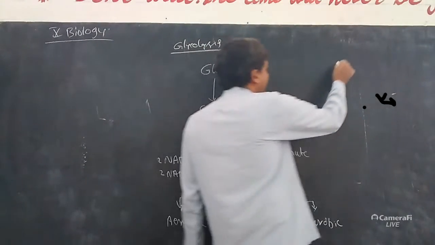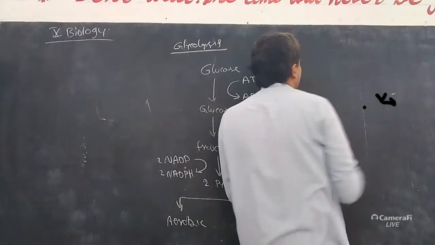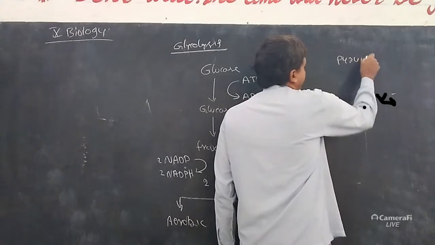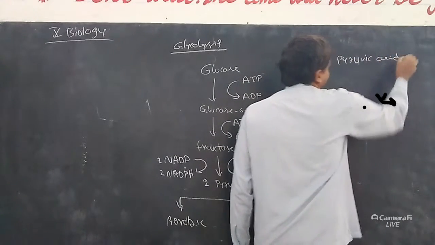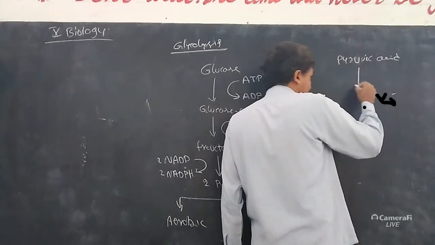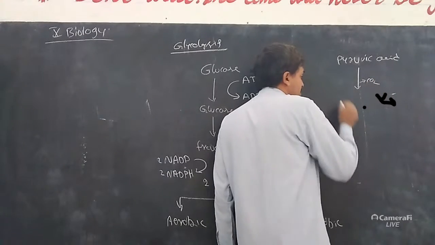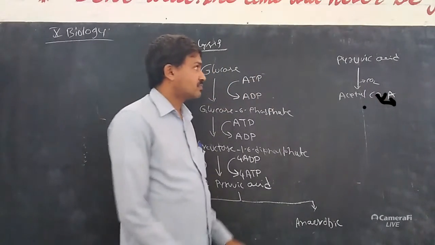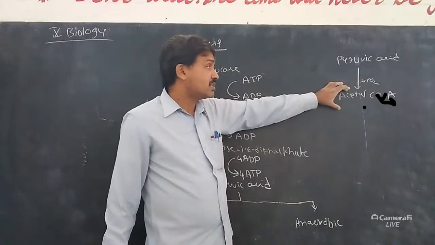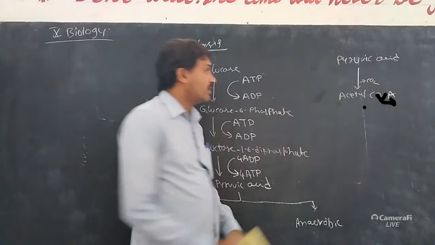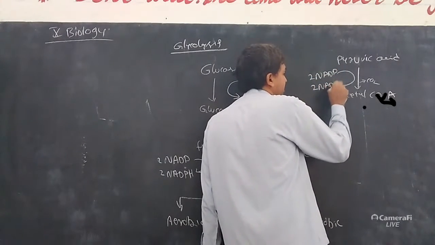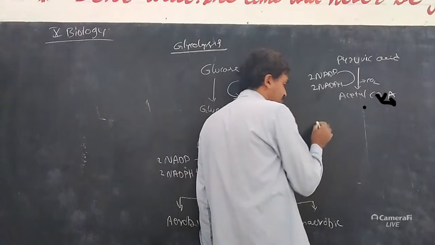In aerobic respiration, the pyruvic acid, by losing one carbon dioxide, forms into acetyl coenzyme A. By losing one carbon, this pyruvic acid in the next step changes into acetyl coenzyme A. In this reaction, 2 NADP converts into 2 NADPH. Next step, this two carbon compound acetyl coenzyme A combines with